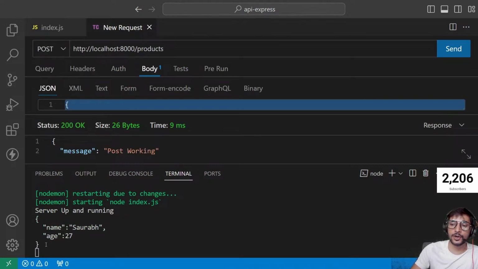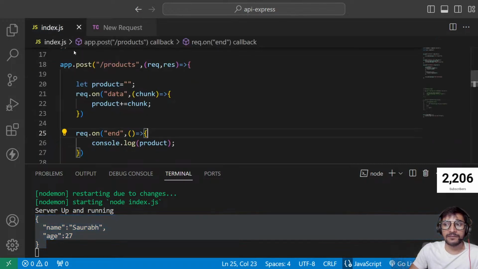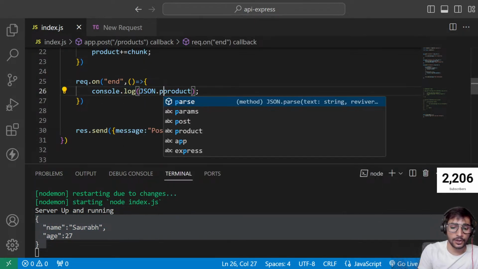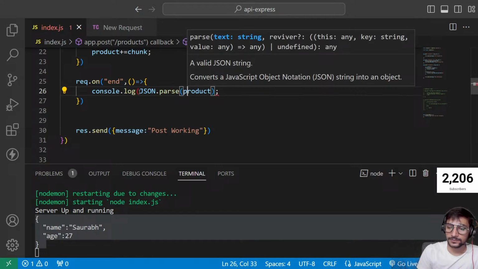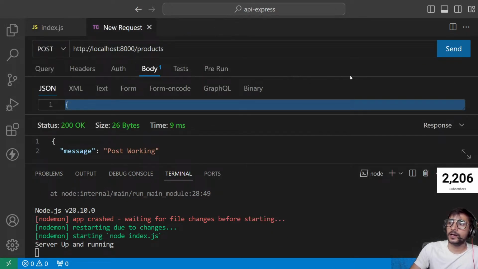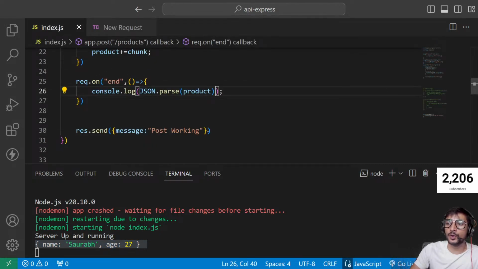Send. Here we go, guys. You got it. But you can see it's coming in JSON string format, and we want it in JavaScript object format. So for that, we do this, JSON.parse. And here we go. Now you're getting it in object format. See that? The color has changed. So guys, this is what we used to do in our